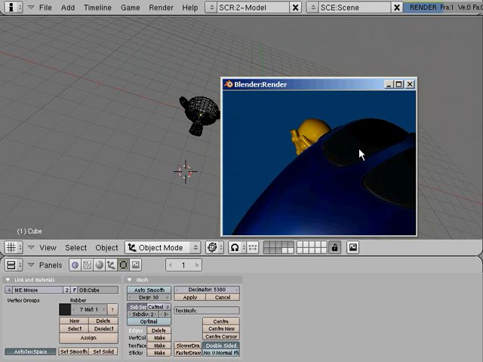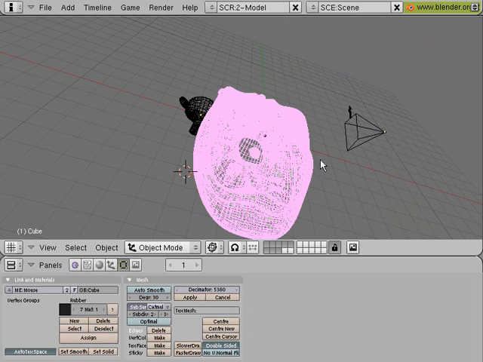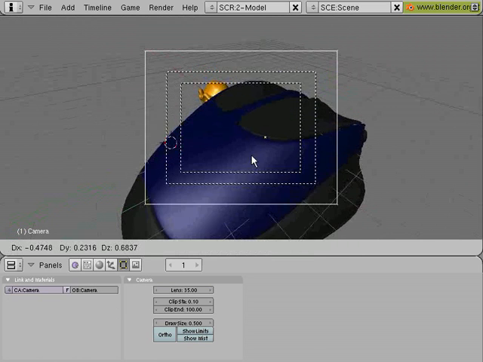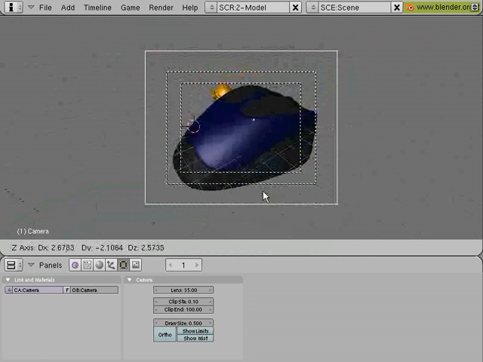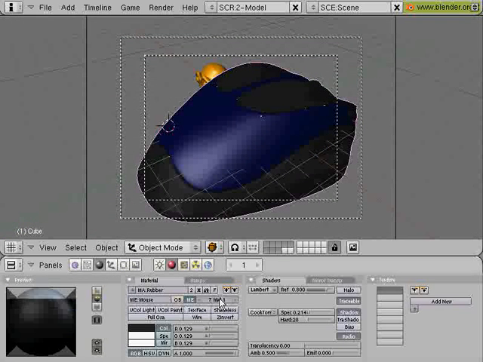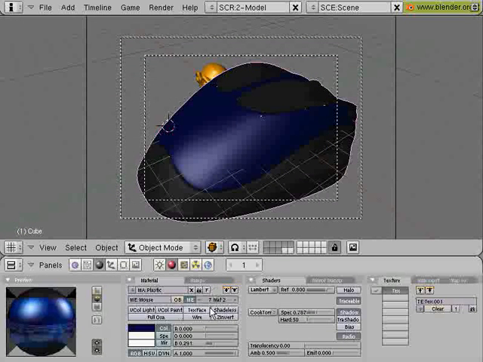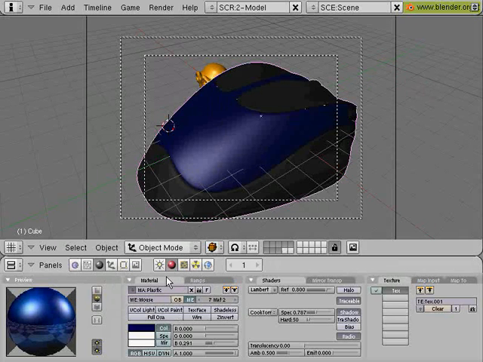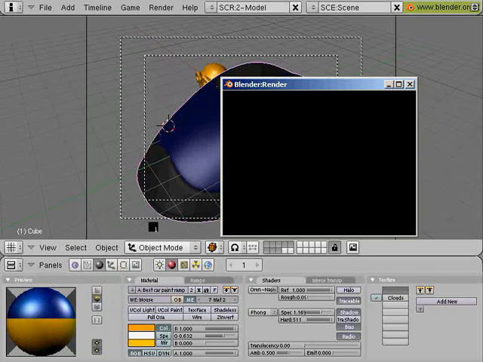Okay, so there we have a really bad section of the mouse. So let's go change that. But now you can see that the mouse is now in the scene. So now I can say, okay, well here's my mouse. I'm going to select it, and I want, let's say, this particular material, which is that blue, I want it to be that yellow paint job color. So I'm going to click on that data block, and then click on best car paint job. And then when I render the scene, you'll see that instead of being blue, it will now be that yellow color